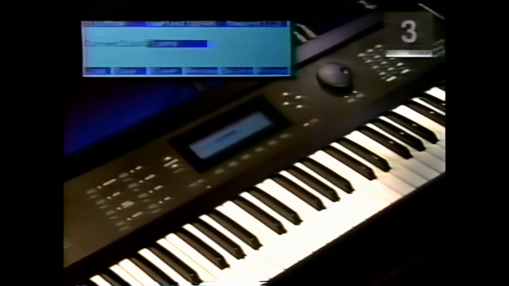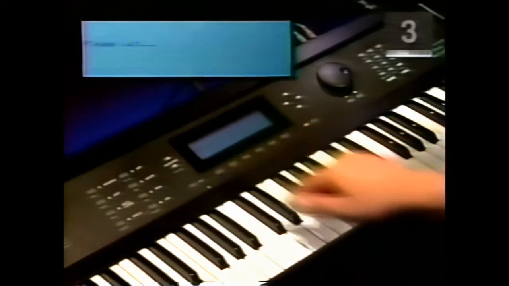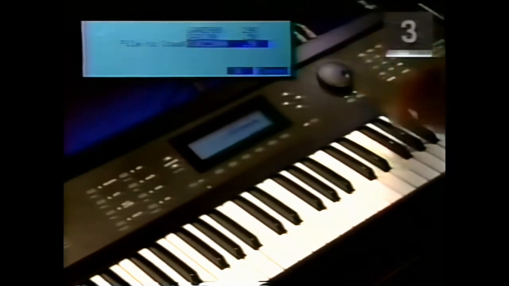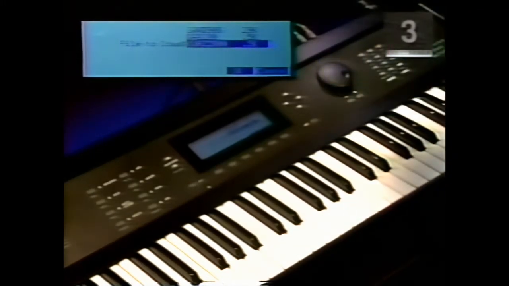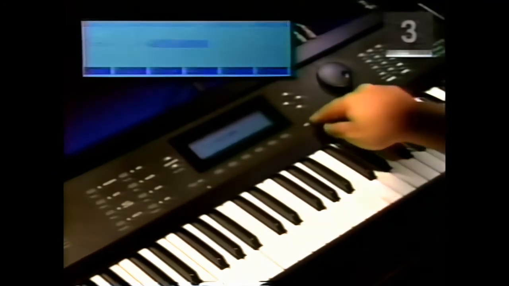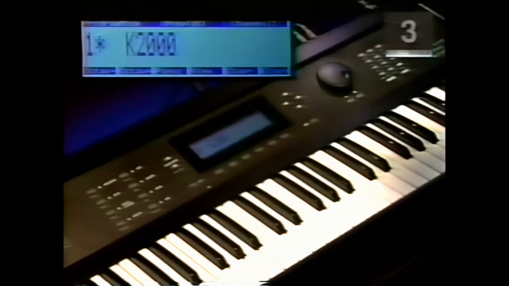To confirm you have saved the file, press the button under Load, and then rotate the alpha wheel to the right until you see the file Kurz2000 in the highlighted blue box. Press Cancel, and then Exit to leave the disk mode, and return to the program mode. Any programs, setups, or quick access banks, as well as user-created multi-effects programs and demo songs will also be saved